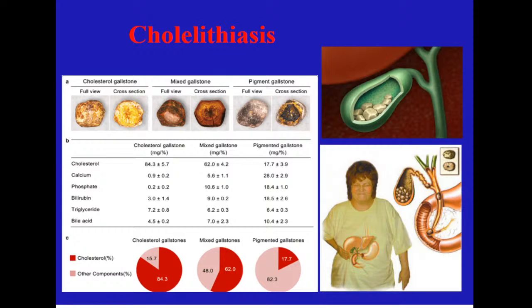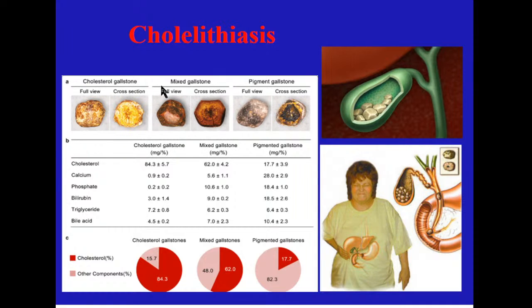Cholelithiasis, according to the name, is a formation of gallbladder stones. It is a bad disease, with pains, with disorder of digestion and absorption, with nausea, with problems with passage of the chyme through the intestine, sometimes with jaundice formation if stones block the normal passage of bile to the intestine.